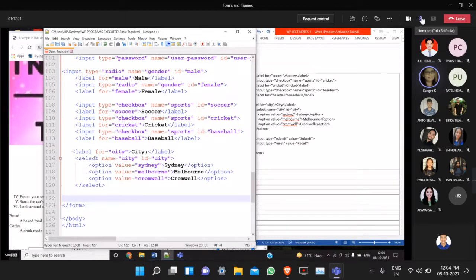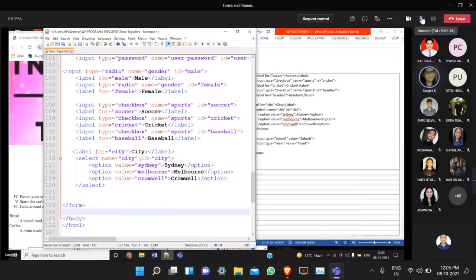So why do I have to use a select tag? Look here. All the options, all the list items, should be surrounded by the opening and closing select tag. Within the select tag, I can use some attributes. For example, name, I used city. In all the controls we are using the name attribute. ID we are using here because we want to link with the label tag. So here also city and here also city should come.